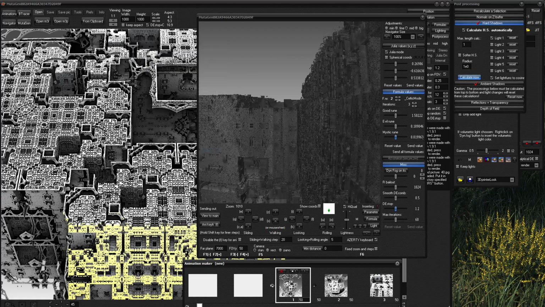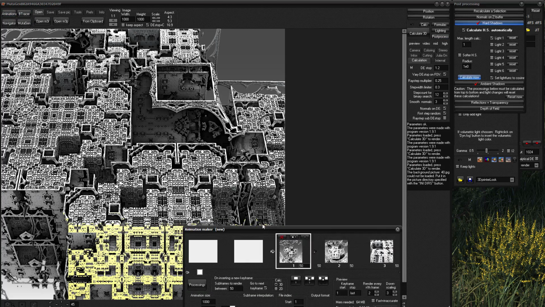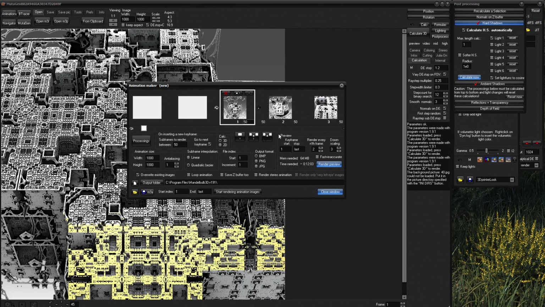So you can go back to animation. Yes, animation. And from there you can render your animation. So if you think from there to there it's too slow, you can increase or decrease this value. If I put 100, now it will interpolate 100 frames from there to there. So the animation at the end will look slower. But if you want to make it faster, put 25 now, from there to there it's 25 frames, so it will be faster and so on.